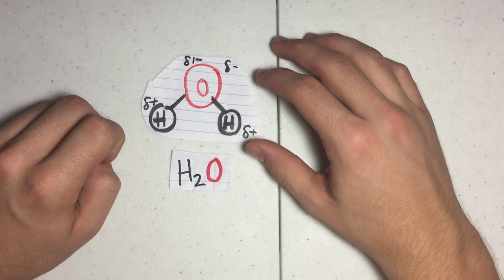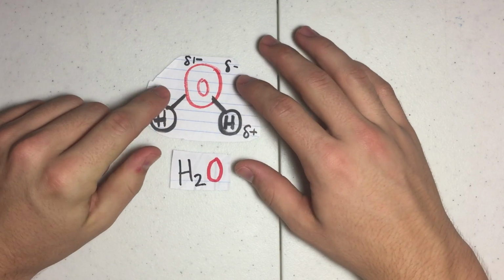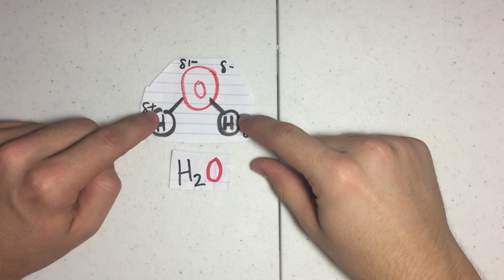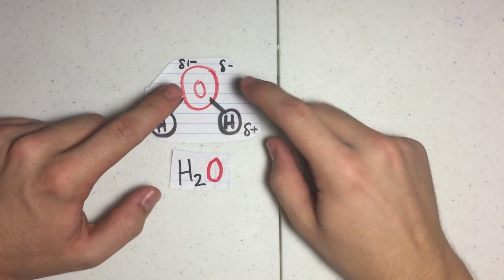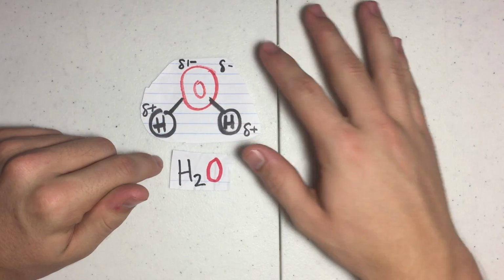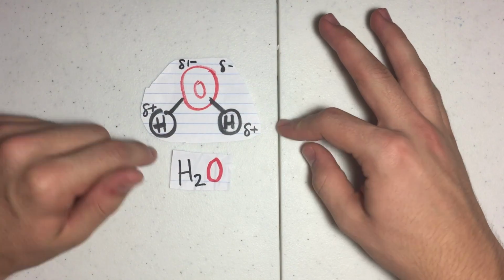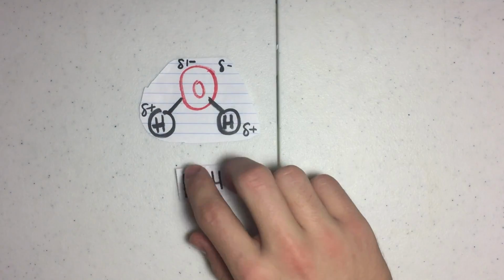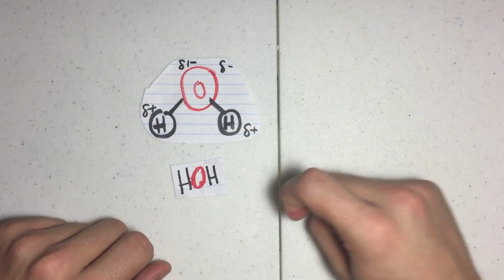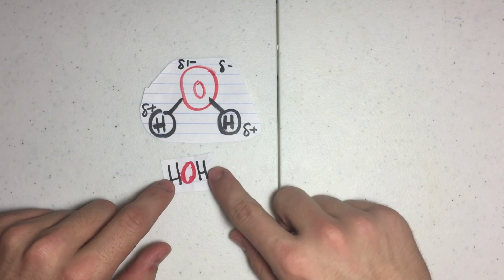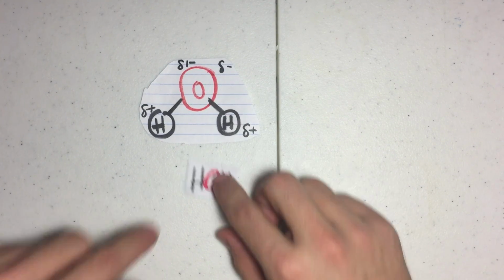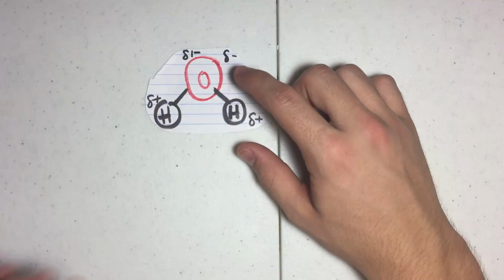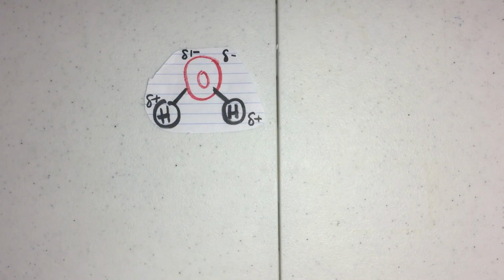It denotes partial charges. And oxygen is extremely electronegative, and so it pulls the electrons from the hydrogens in this covalent bond, making this slightly negative and this slightly positive, forming a polar covalent bond. You can also see water written as HOH when you're dealing with acids and bases and in a double replacement reaction. Water has a lot of properties due to these partial charges, so first I'm going to look at its